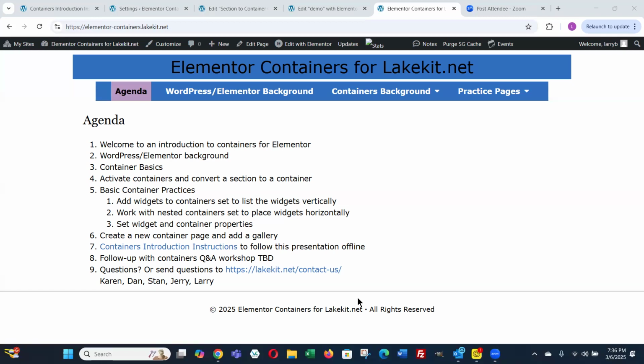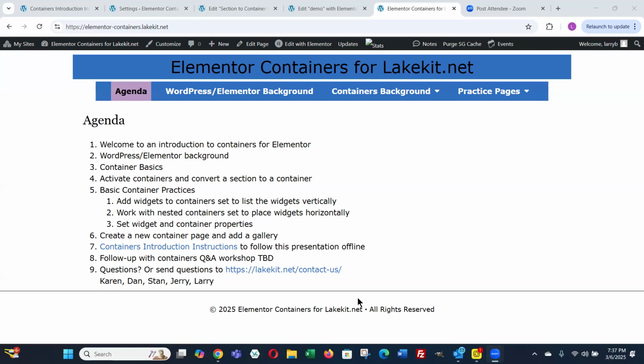He will upload it to the Wisconsin Lakes YouTube channel. And as soon as that is loaded, we will send out an email to the whole Lake Kit community with the recording of this session and also with a link to this material that Larry has covered tonight. And you can print it and set it next to your computer and follow along with what he did.